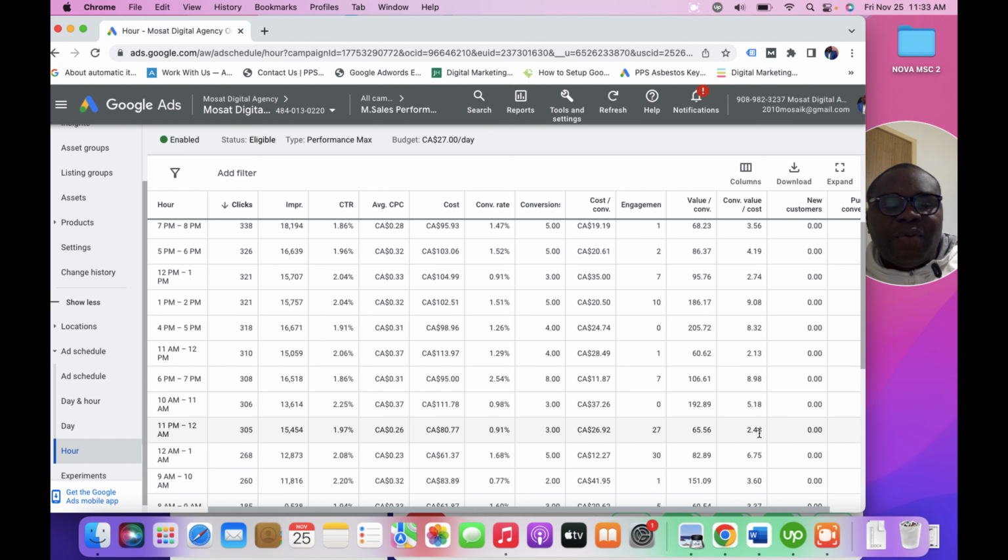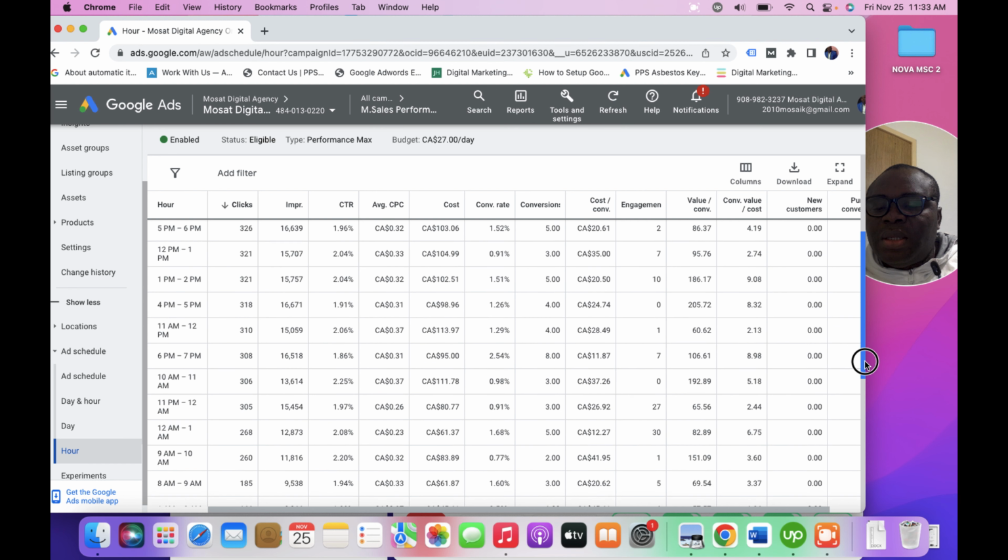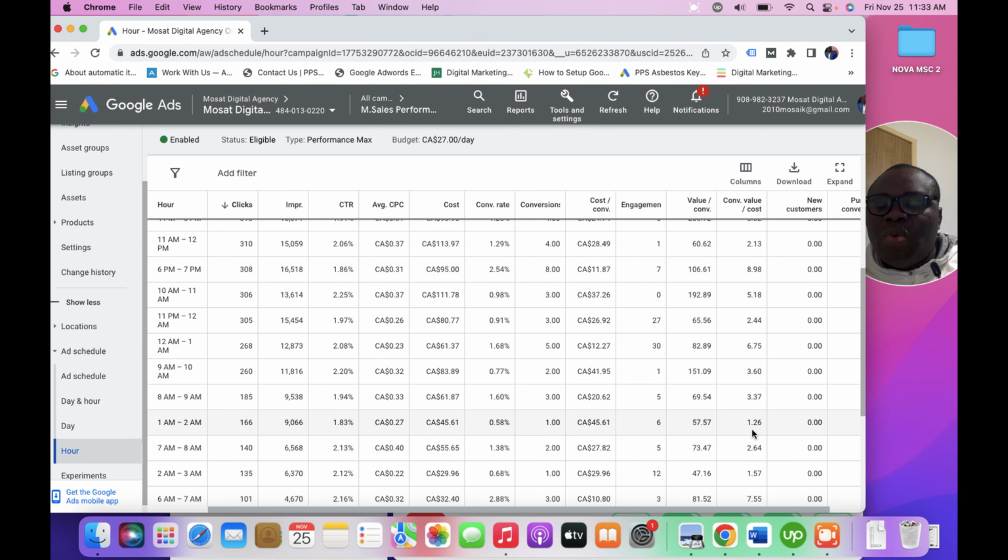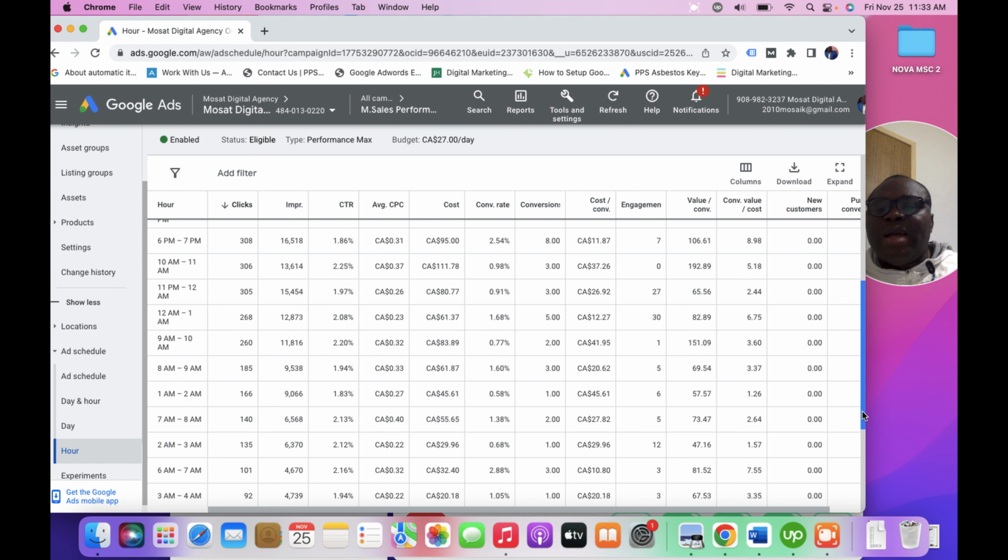This one is 2.44. I've taken care of it. Then look at this 1.26 return on ad spend, between the hours of 1 a.m. to 2 a.m., which, of course, if we schedule this campaign to start by 8 p.m., we have taken care of. We're also going to take care of this one, 7 a.m. to 8 a.m., which is quite an early hour of the day. You discover that out of 6,000 impressions, 140 clicks, 55 US dollars spent, we have